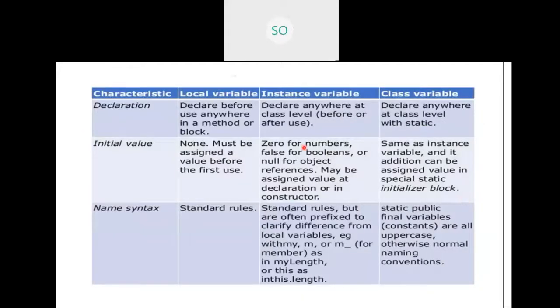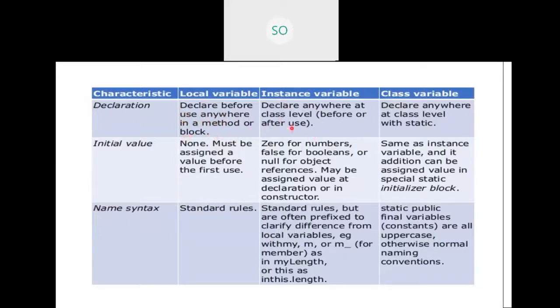So as a summary, I have given all the differences between local variable, instance variable and class variable in one small chart. It's all about declaration, initial value, and syntax. Already we have seen how we declare the local variable. Obviously we need to declare it before using it, in the method or block.